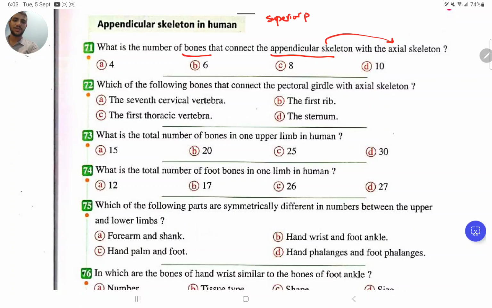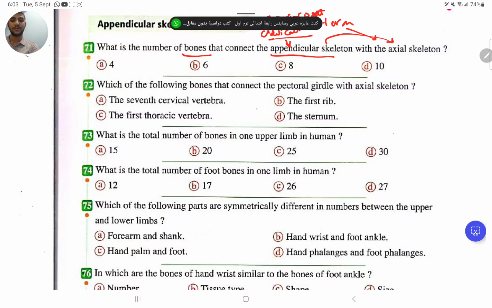I have clavicle attached to the sternum bone. So clavicle from appendicular, sternum bone from the thoracic cage, and thoracic cage from axial skeleton. So guys, here two clavicle bone attached to one sternum, so it's two, and from the inferior part I